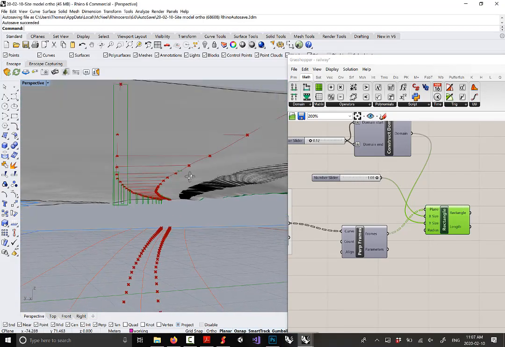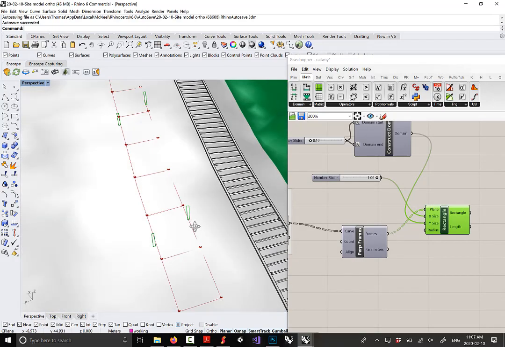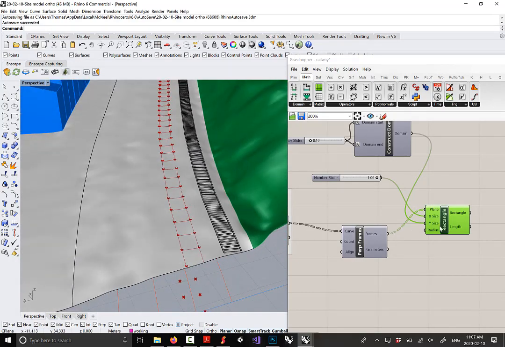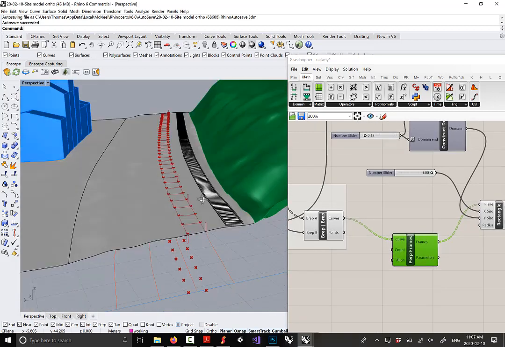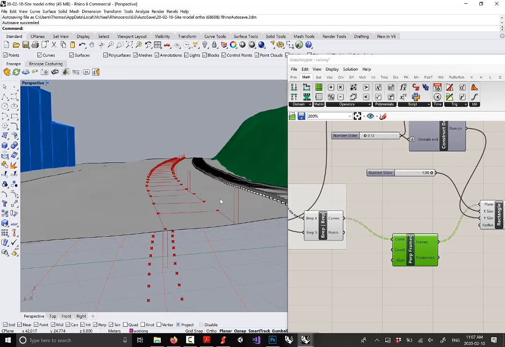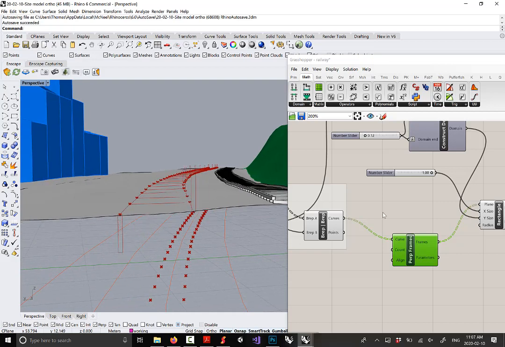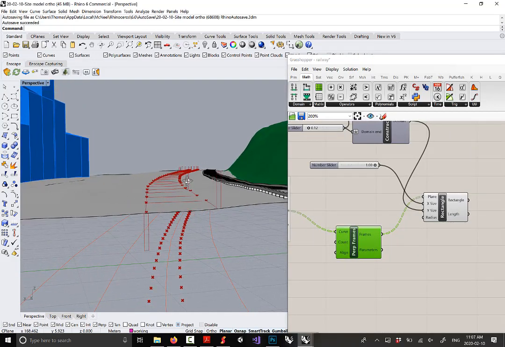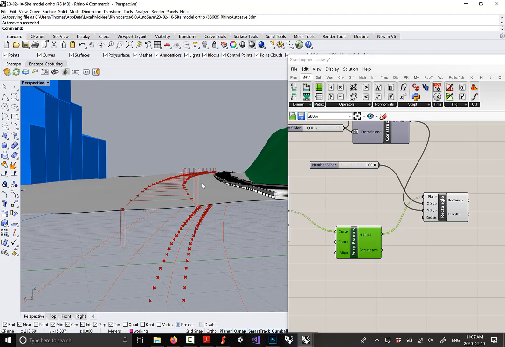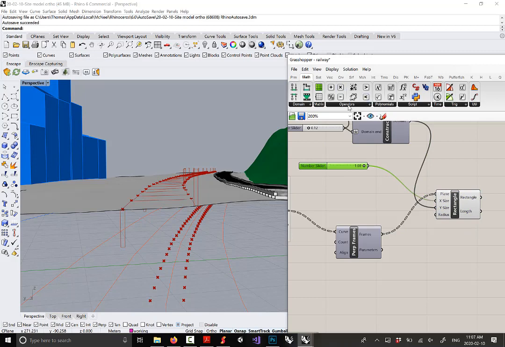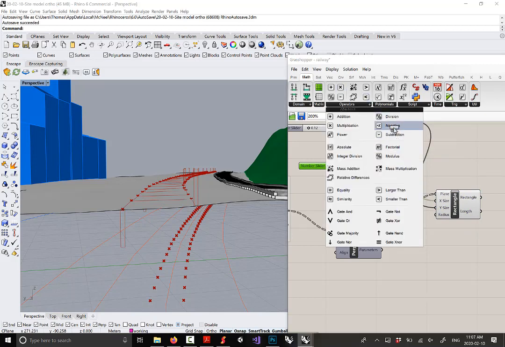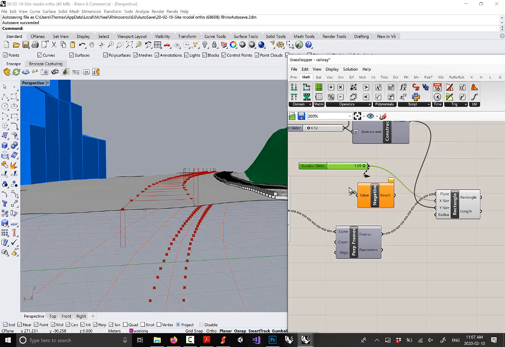So there's a bunch of ways to do it. The way I might do it is I might actually just make 2 of these extrusions, and then what I would do is I would select the one that's highest. So what we can do here is we can go to Math, Operators, Negative, plug our slider into the negative component, hold Shift, plug into X size,